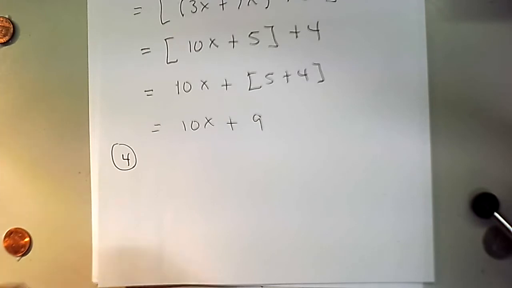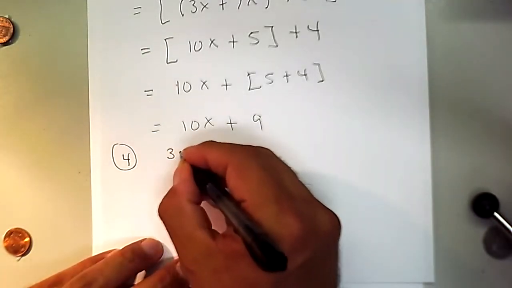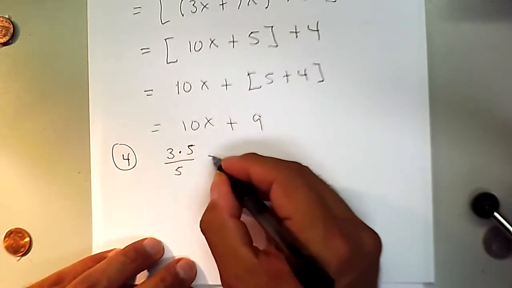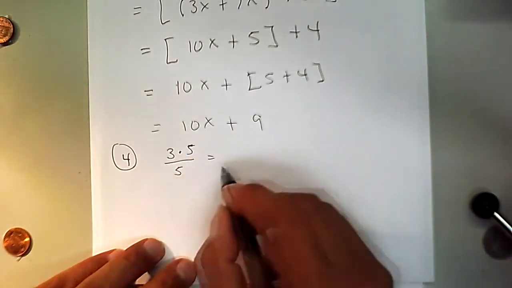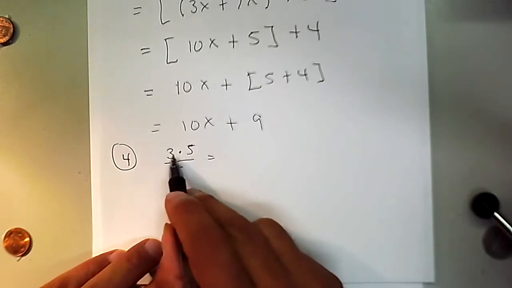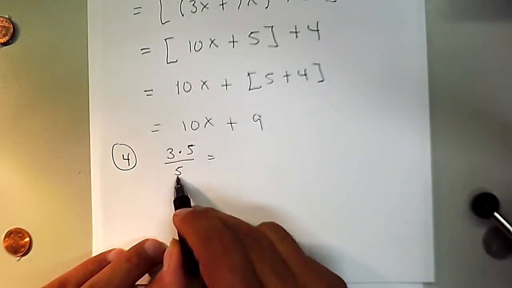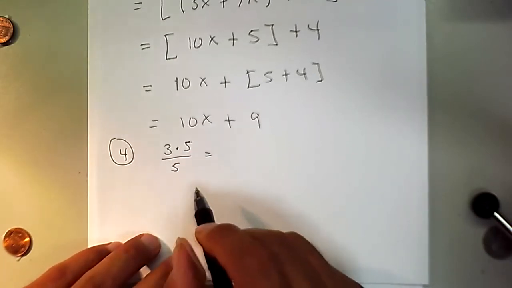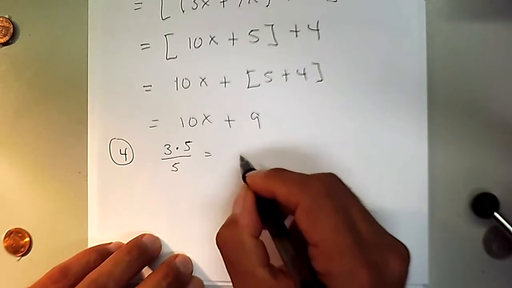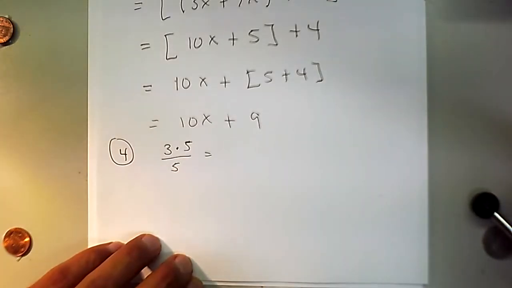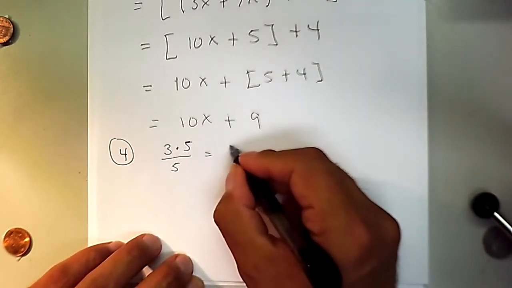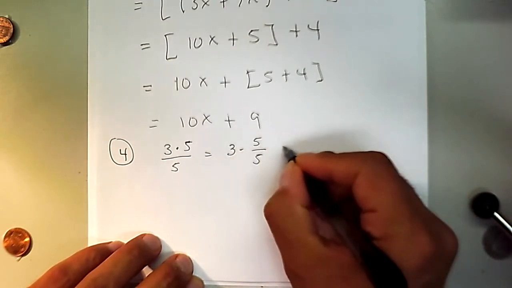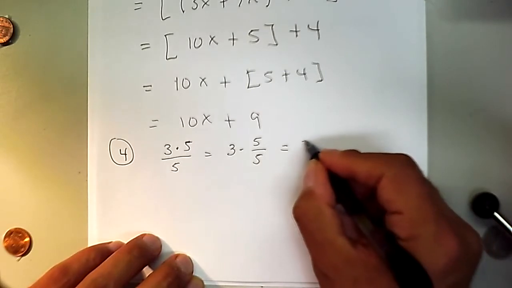When we have, for instance, 3 multiplied by 5 and divided by 5, well, we know what's going on. Technically speaking, we have to multiply those 2 first and then divide. However, pretend that is a variable, so we wouldn't know what the actual product would be. I just want to keep things simple. This gets a little more complicated, but this is the same thing as 3 times 5 divided by 5, which is the same thing as 3 times 1.